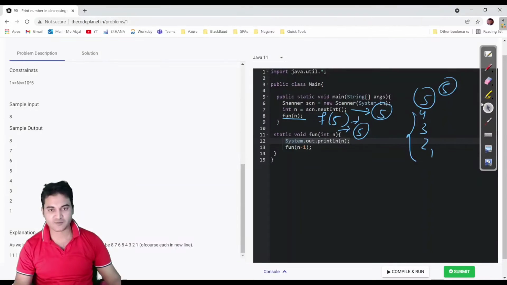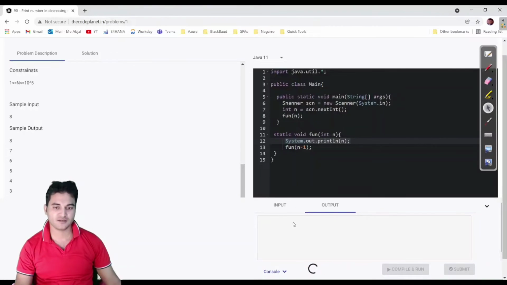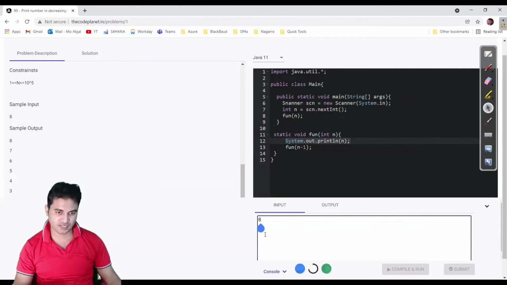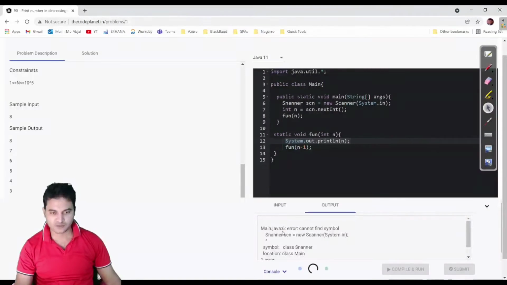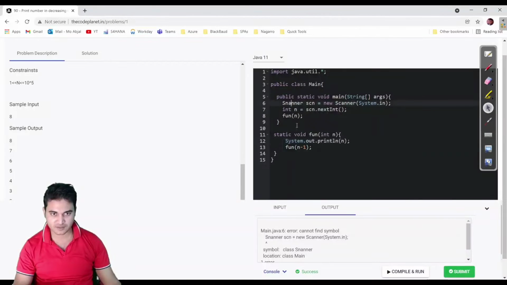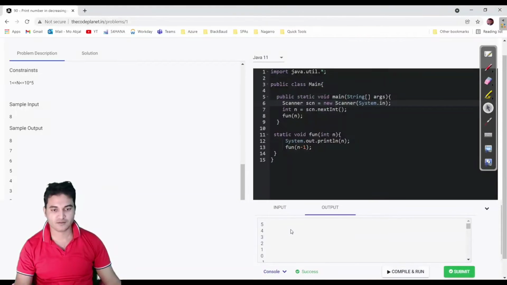So with this code we have set an expectation that we should be able to get 5 4 3 2 1. Let us run it and see what we get. I'm hitting this button, which is compile and run. The input is 8. Let us not try with 8, let us try with 5, because we have seen the example of 5. So we have something wrong. The Scanner spelling was not good. Fine. So for 5 we are getting 5 4.